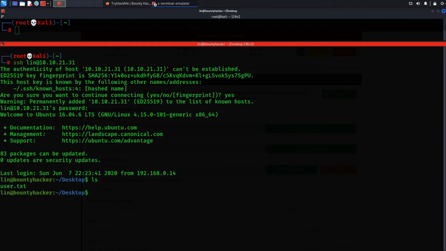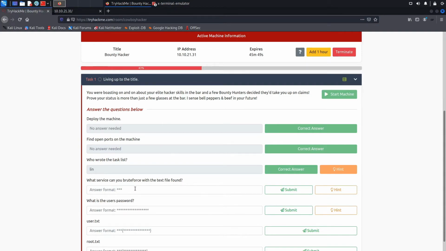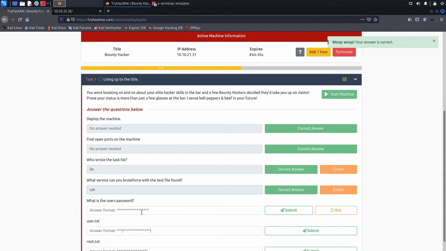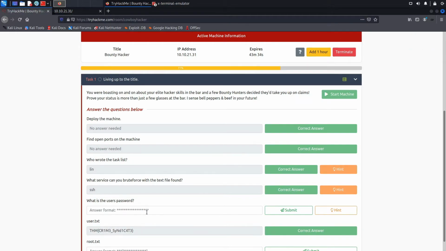Let's get the first user flag. Copy this. Answer these questions here, and now paste in the user flag. And also the password that we found.